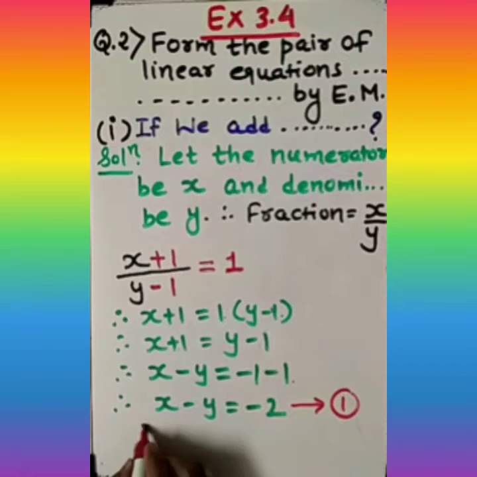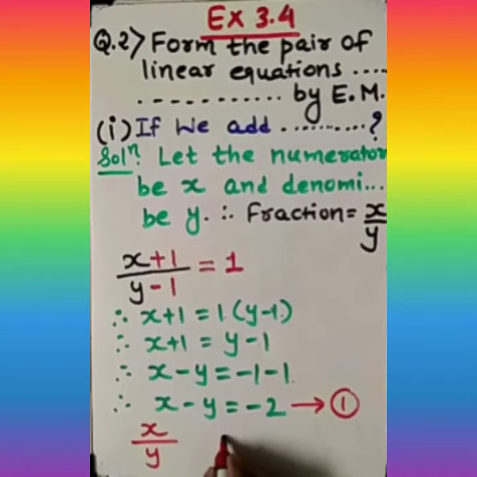Now our general fraction form is this. Read the question, keep the question in front of you. Just look at the question. Now they are asking us to add. It is clearly given here. It becomes 1 half. It means this fraction will become 1 half, what is the condition? If we only add 1 to the denominator, this time we are adding 1 in the denominator only. So here is the denominator plus 1. Okay, this is the second equation.